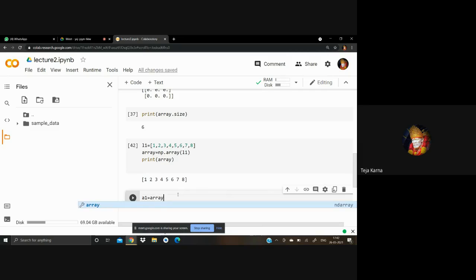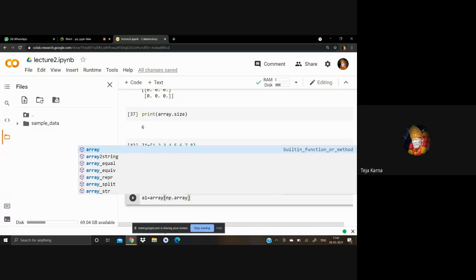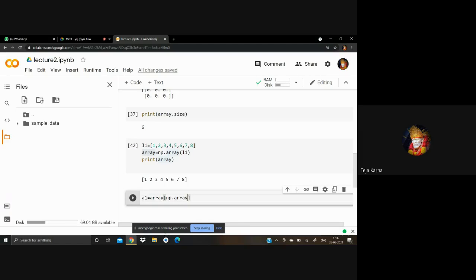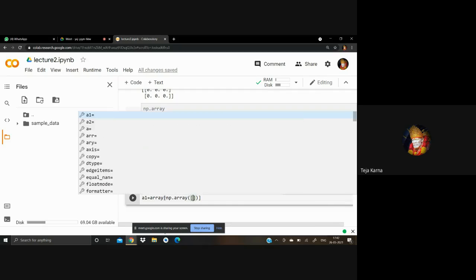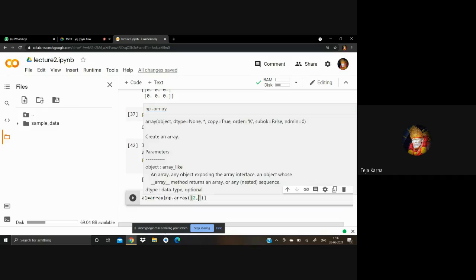Then you have to pass this array that we have used, using np dot array, and for indexing just pass something like 2 comma 0 comma 3 comma 1.